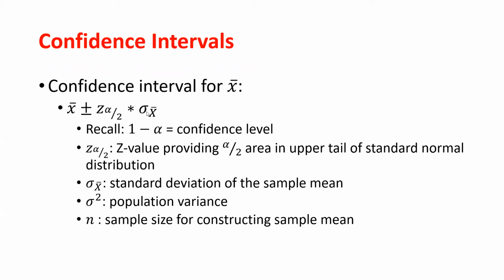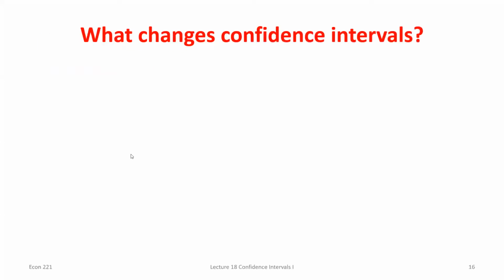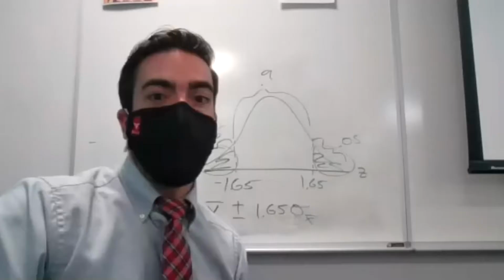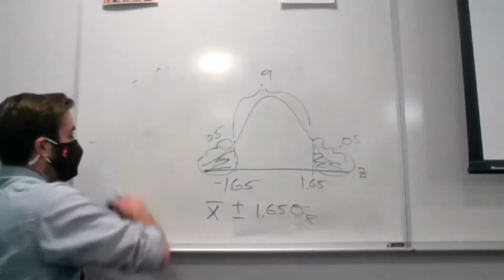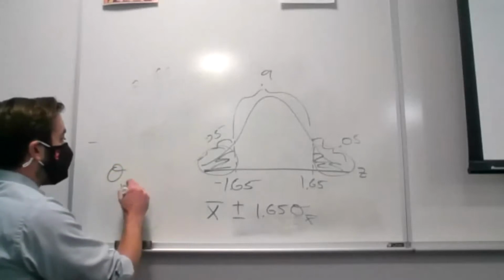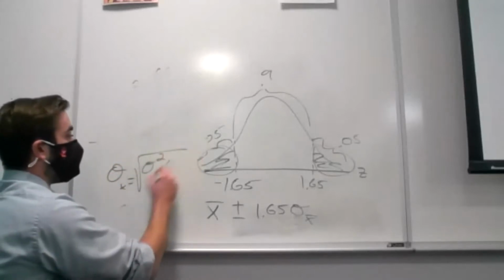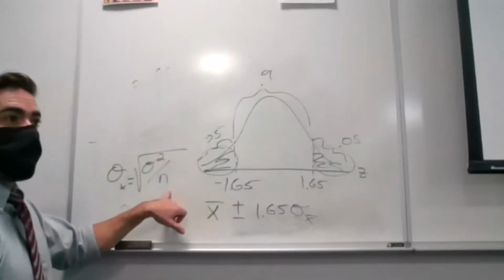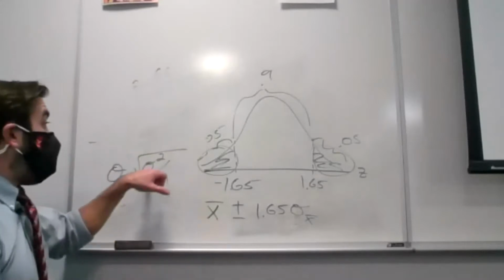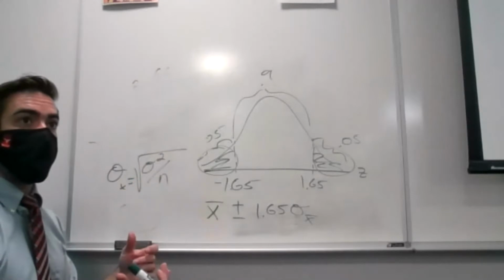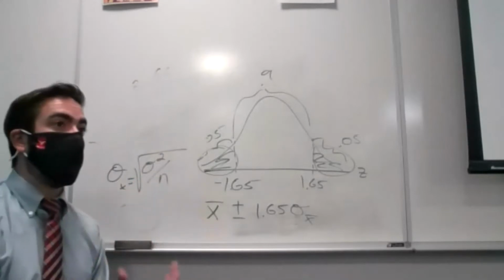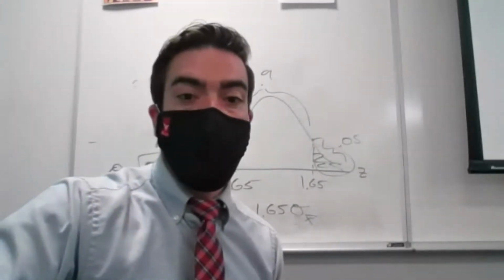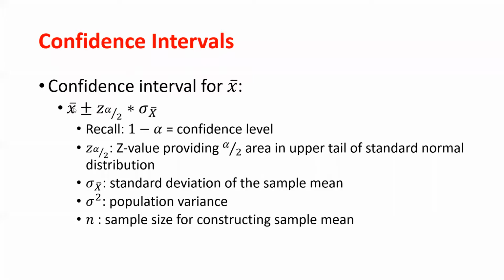Now, to find the standard deviation of my sample mean, just as a reminder, that was where we said the standard deviation of my sample mean is the square root of whatever the original variance was over my sample size. So once I take my sample, I'll know my sample size. We would have to be told or given what that population variance is, right? And then of course, when we have a sample, we can also calculate the sample mean. So we would then have all the components we need to plug in for these two values. And then it's just a matter of looking up the z-score for whatever confidence level you want, okay?